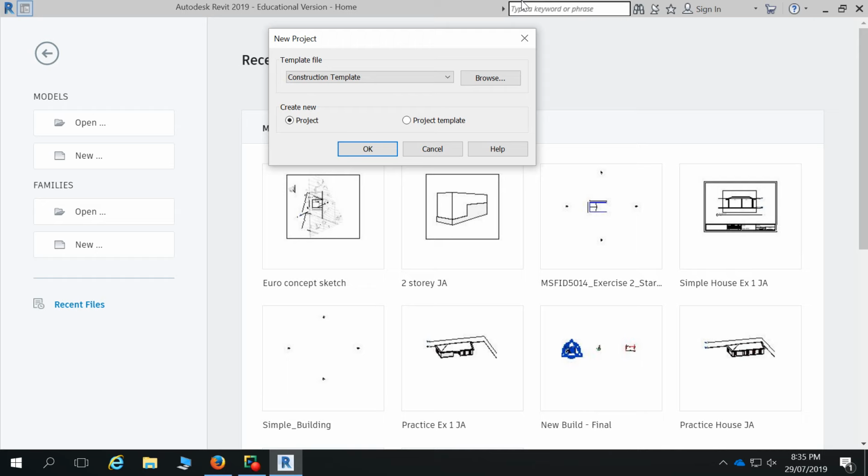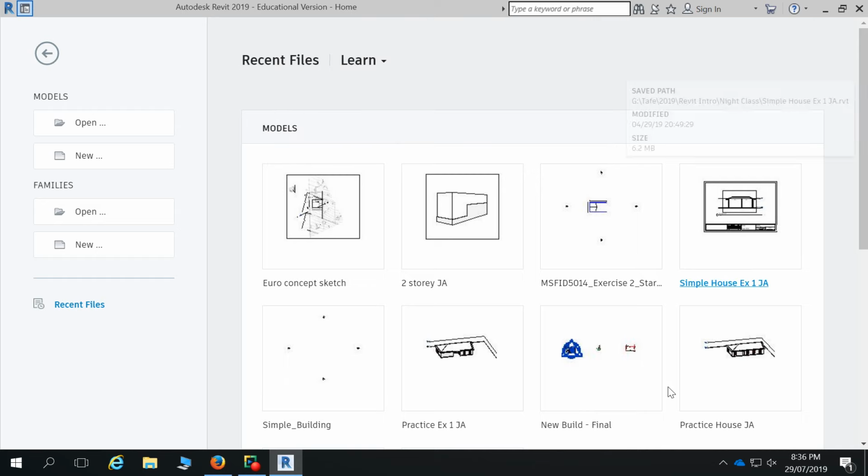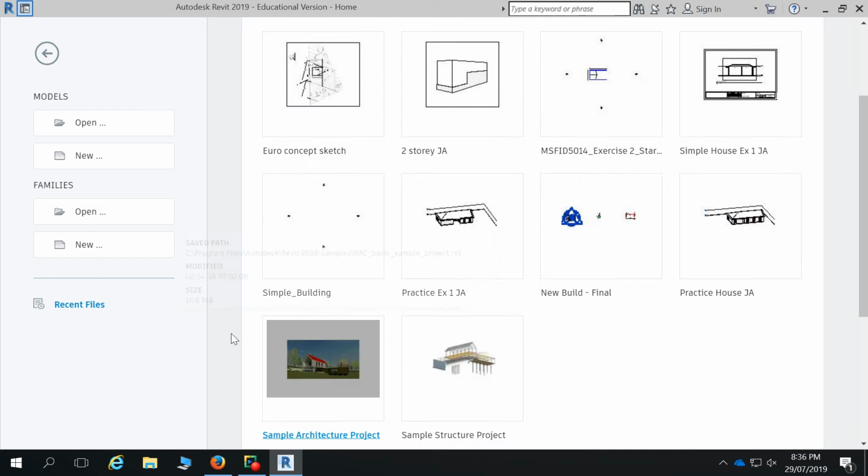But usually, if someone in an office, the BIM manager, it's their responsibility to update the templates and keep things current, etc. Make sure everyone's using the right versions. So they'll have their own title blocks in there and all those sort of stuff. They don't have to go searching elsewhere for all that stuff every time you set up a project. So we won't open one of those up yet. We might actually open up